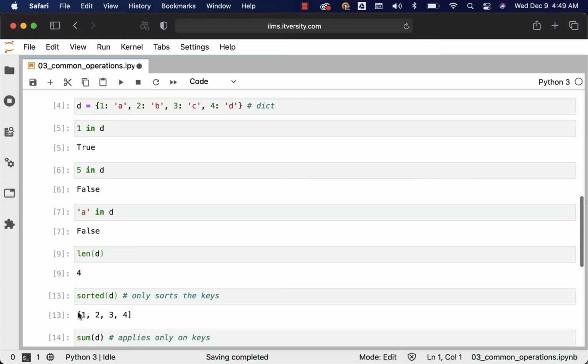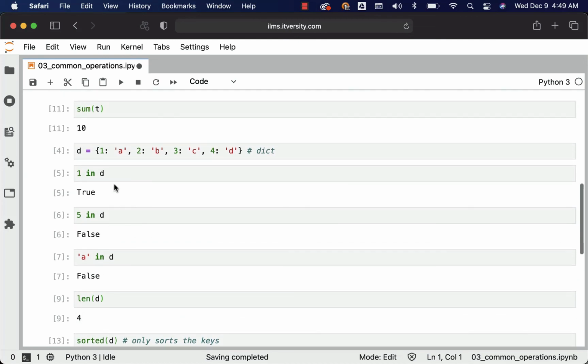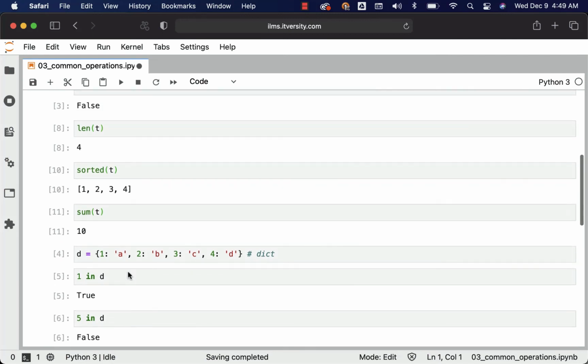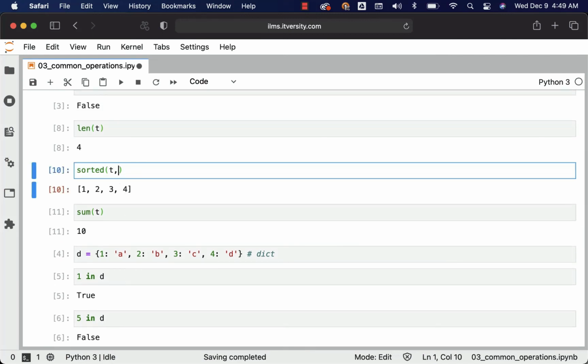You can reverse the sorting order by using keyword argument called reverse. For example, in this case, if I want to sort all the elements in the tuple in reverse order, I can say reverse equal to true.